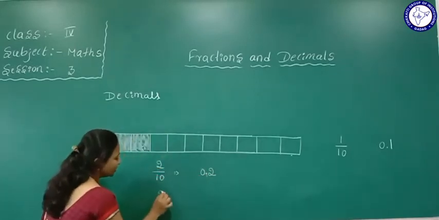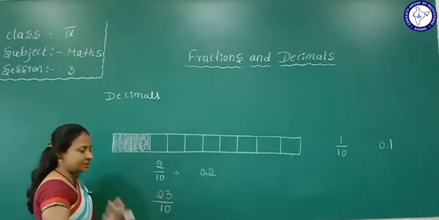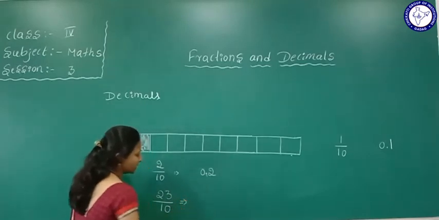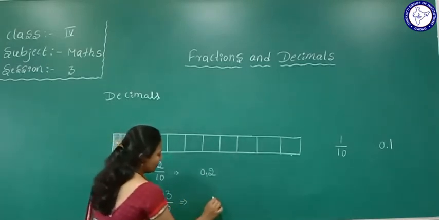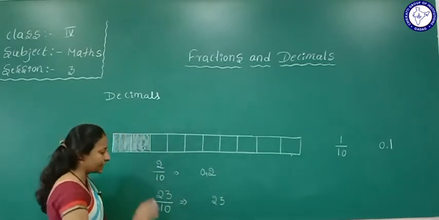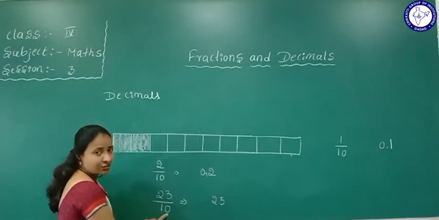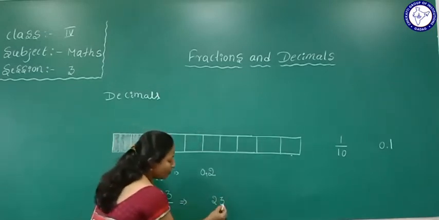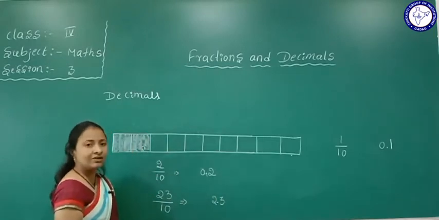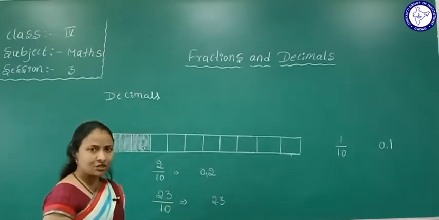Okay, if it is 23, for example I'll tell here 23 by 10. How to write this one? 23 by 10. So first we write here 23. Okay, yes, first we write 23. See the zeros, how many zeros are there? Only one zero is there. So after one digit we give a point. This one will be read as 2.3. Understood this one? Yes.